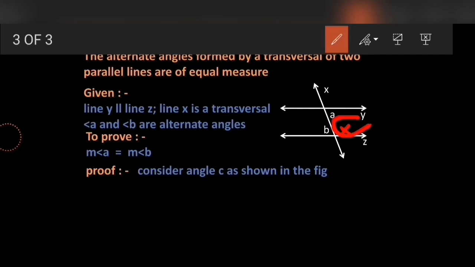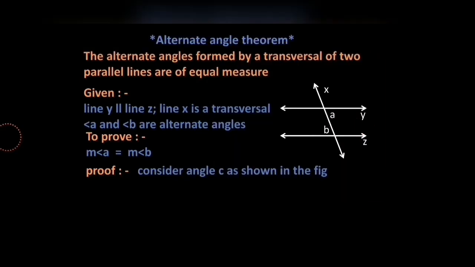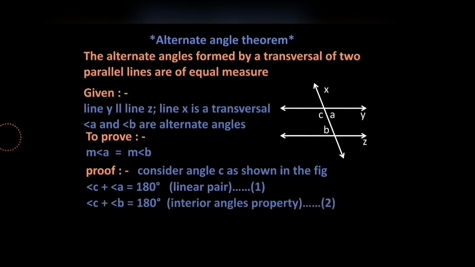It's up to you what to do and what not to do. Okay, if it is clear to you how to do it. Now next, I have taken angle C, which is an interior angle of angle B, right? But A and C, if you observe again, are a linear pair in their relationship. Correct? So over here angle C plus angle A equals 180 because they are a linear pair, and 180 means they are supplementary. Correct? The second thing will remain the same as the previous one. Angle B plus angle C gives you a total of 180 degrees. The reason is the base property, the interior angle property, correct, because the lines are already given parallel.